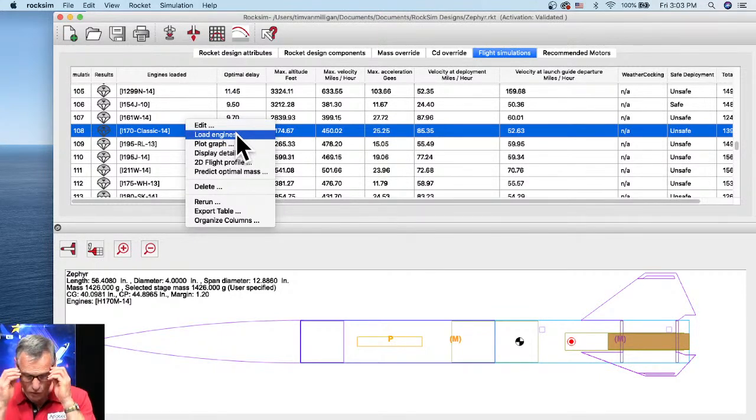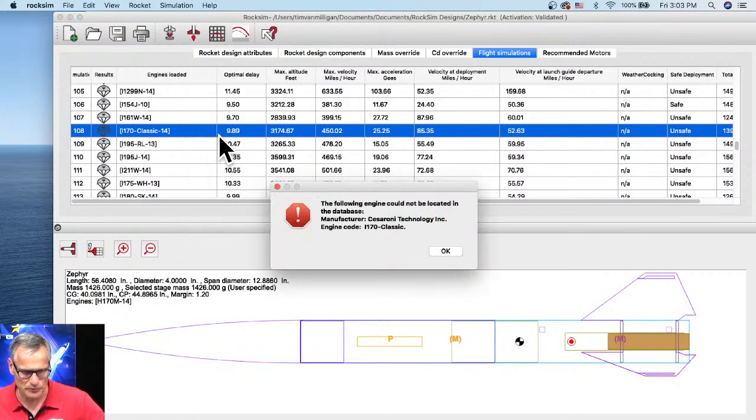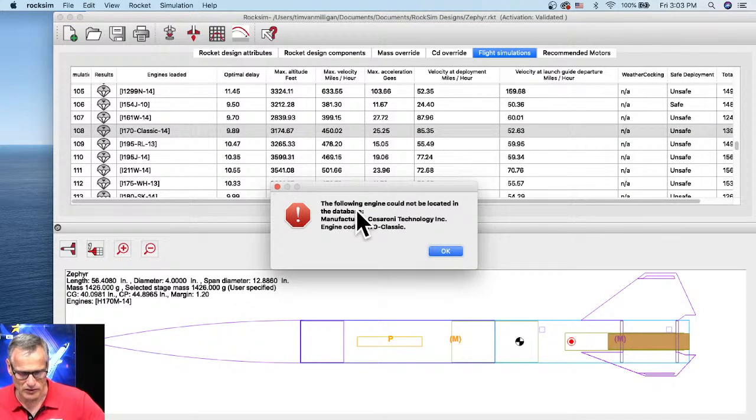So sometimes if you load engine, you get this, and that's the error he got, could not be located in the database. The reason why this engine right here is not in the database is because we updated the database